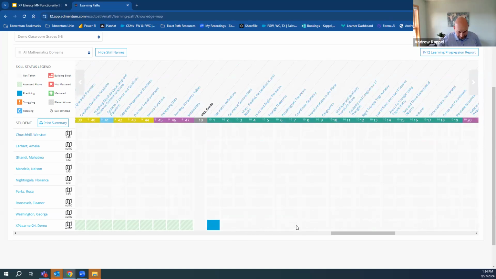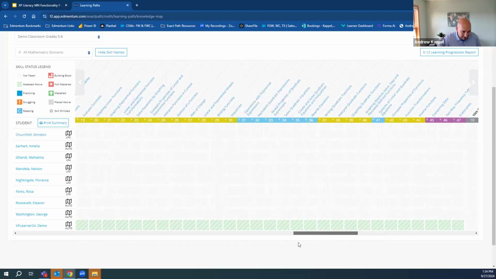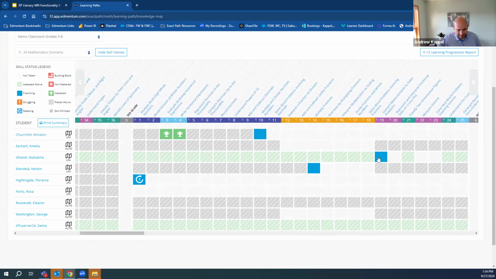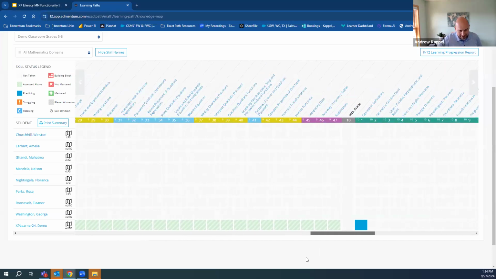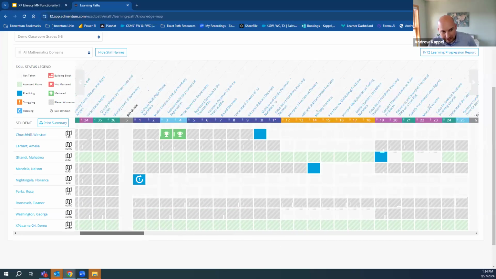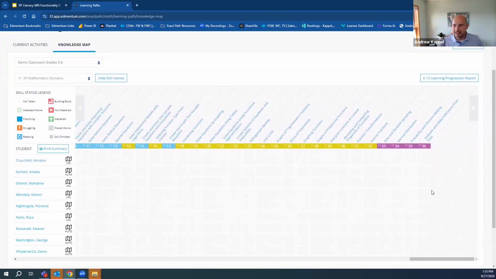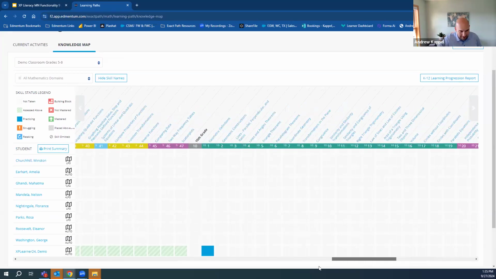I've got a student working in 10th grade as well, and I would expect this is similar to what you're going to see with your learners, a wide variety of differences in what they need to work on. You can see I've got students that assessed and need to work on skills down here in 4th and 5th grade, and others that are up here in 9th, 10th grade skills. It really is designed to fill those gaps so that they can be more successful in those courses once you're using courseware with them, or maybe there's a prerequisite skill, and you can see that within the diagnostic.